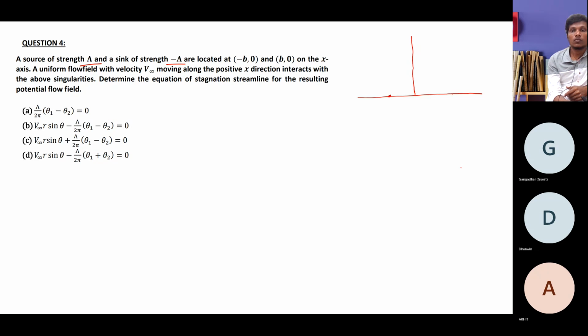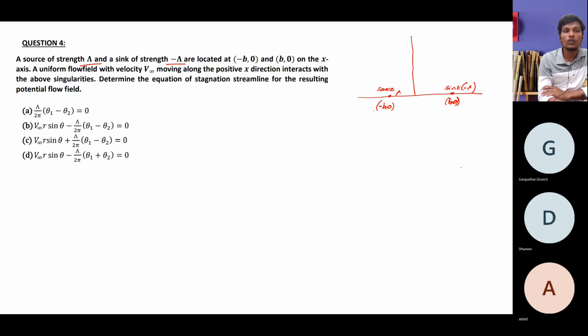Source and sink of same strength are placed at minus b comma 0. This is your source. And this is your sink, minus lambda at b comma 0. Fine, right. These two source and sink flows are at a distance of minus b comma 0 along the x-axis